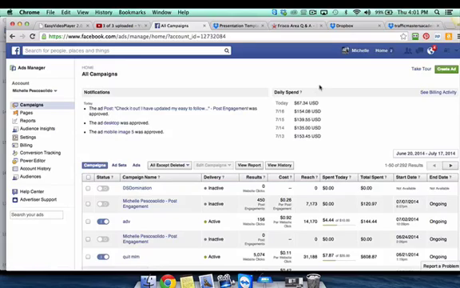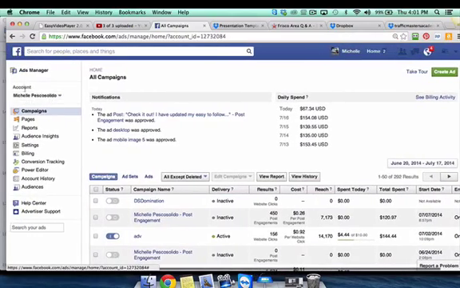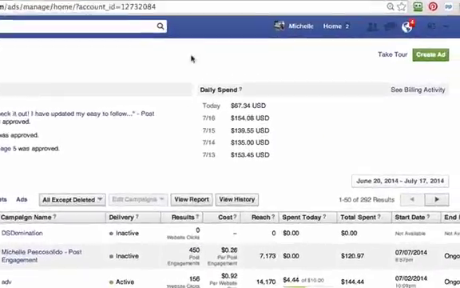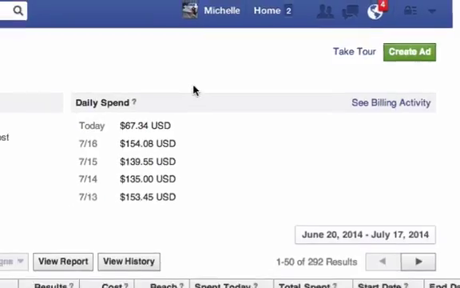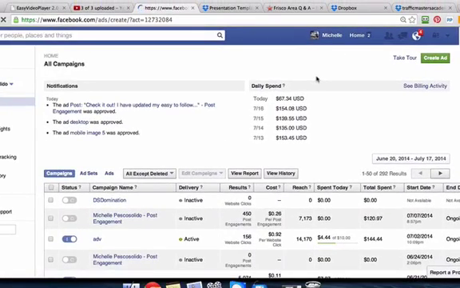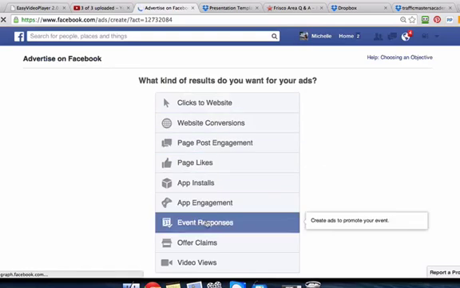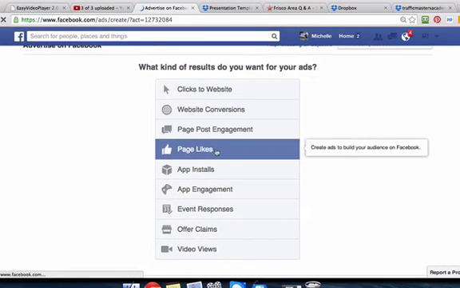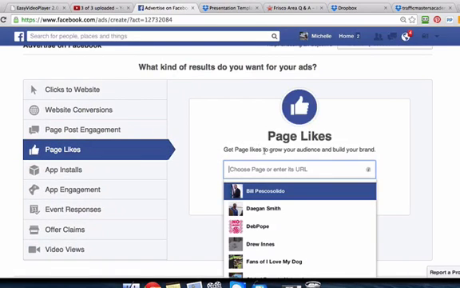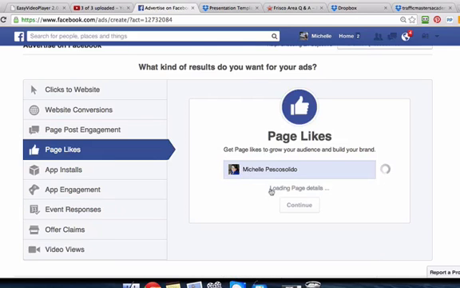So the first thing that you're going to want to do, if you're in your Ad Manager, you'll see your name here, the name of your account, and you're going to want to come over here to the right and click on this green button that says Create an Ad. And then from there, you're going to see a bunch of different options that we went over in that first video, but the first ad that we want to create is the page likes ad. So click on page likes, and then type in your fan page that you created. So I've selected my fan page,